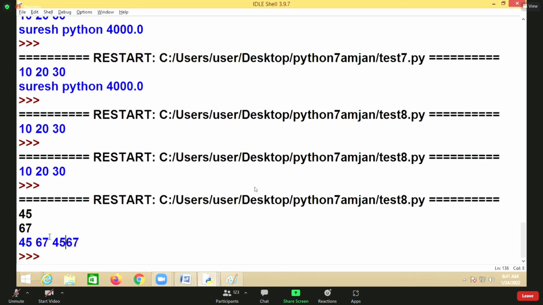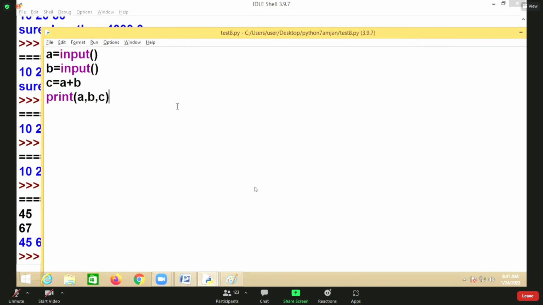Now see, 45 plus 67 should be how much here? 112. But is it displaying 112 or 4567? 4567. It means, is it adding or combining? Combining. Why? Because the values you input